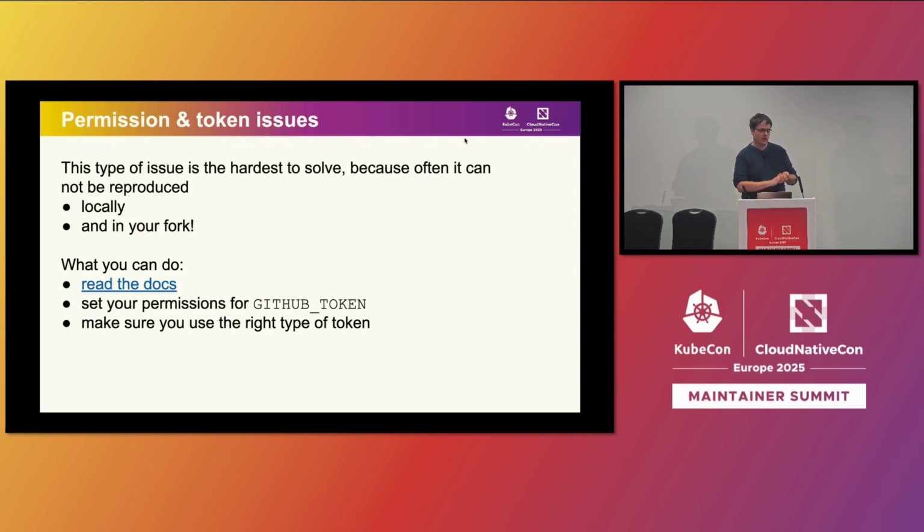And I still don't have a good recipe for fixing that. So if anybody here has good solutions for that later, if we have a few minutes, I want to hear about that. What I do today is I read a lot of the GitHub documentation. They're fairly good for that. I explicitly set the permissions for the GitHub token if I use it, to know I gave it this and that permission, so then I know what the different steps are. And then sometimes you have to use different tokens.